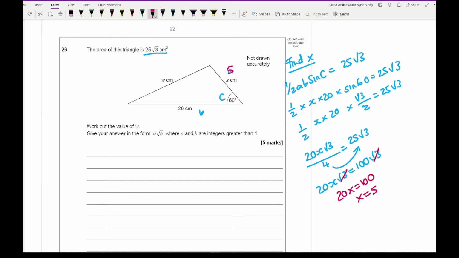So from this, what I can then do is use the cosine rule. So using that a squared equals b squared plus c squared minus 2bc cos A. Now relabeling this triangle, I know that x is now 5 centimeters. So this is going to be my a, that's my little a. This is going to be my b, and that's going to be my little c. So such as I get w squared